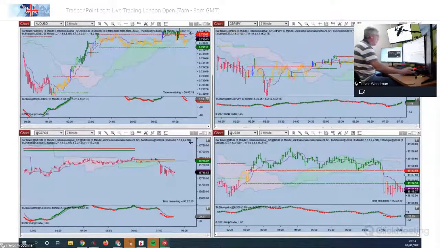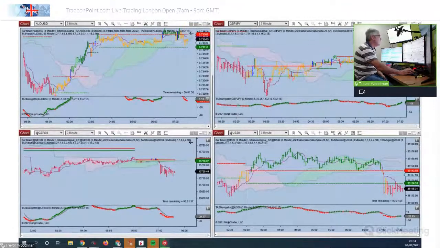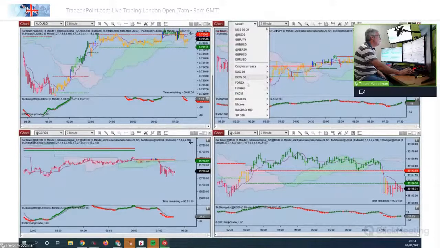I'll be doing some live trading today here on the DAX as well as the Dow Jones futures. We are using FXCM CFDs for this process, so I'd like to welcome you all. And as you can see, I have the Aussie dollar, pound, yen, which I'm going to change to the